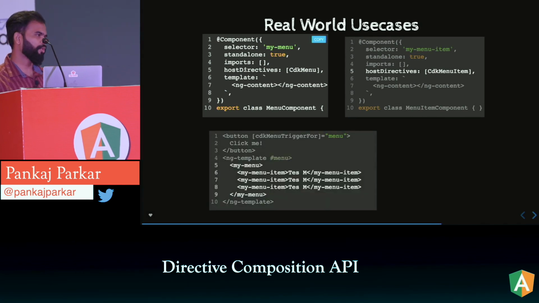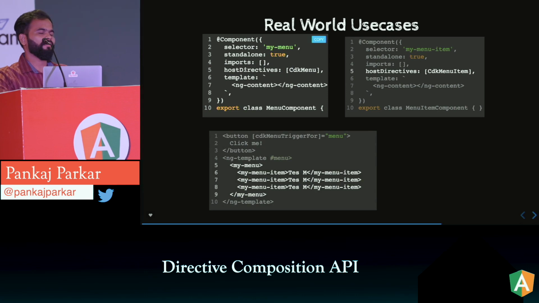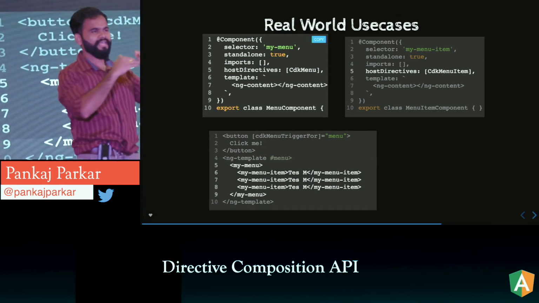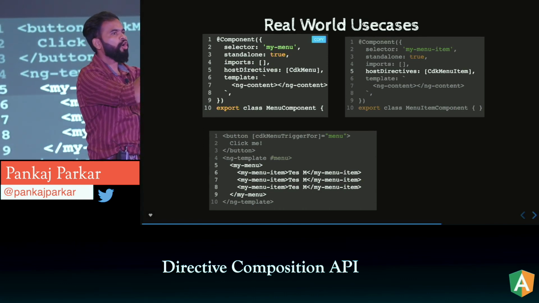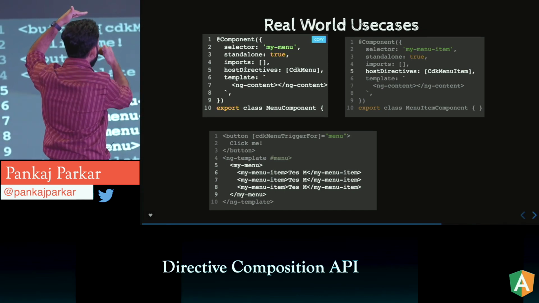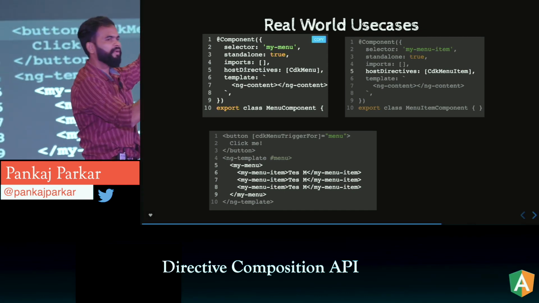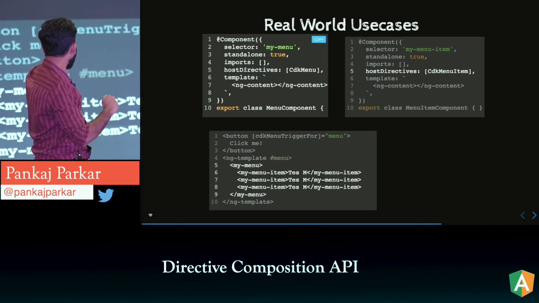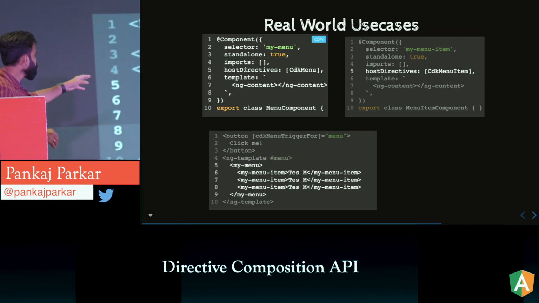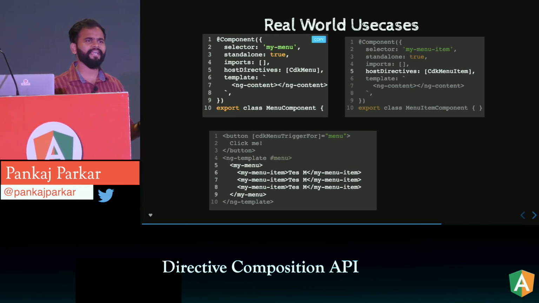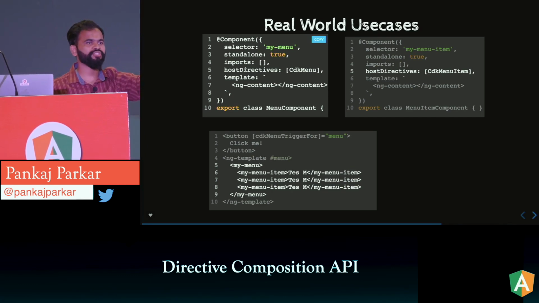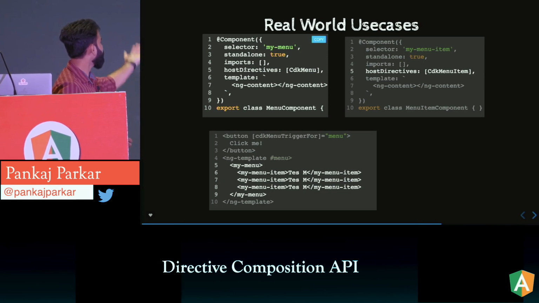And now let's come back to the point of how the menu looks. Do you know the HTML select element? What does it have? It has a select tag, right? And inside, option tags. So in the same way we try to mimic the behavior. I have the main wrapper component select, which is my menu, and then each item, each option, is my menu item. And I try to use some content inside it, right? It can be anything. So that's why we use ng content projection. Whatever content has been passed inside, that will be shown up.